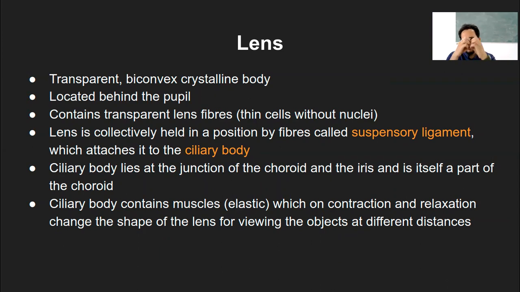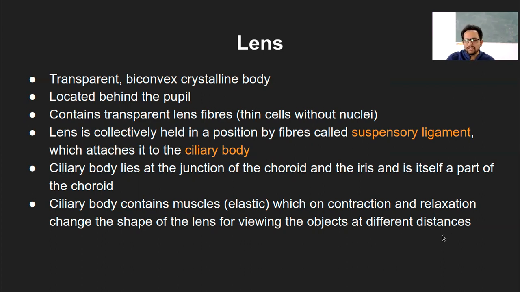So if they are getting stretched outward because of the strain on the eye, then that lens will get elongated. Or if the ciliary muscles are completely relaxed, then the lens structure will become stout, or kind of constricted. So that change in shape of the lens is happening because of the ciliary muscles. And this usually happens for viewing objects at different distances.